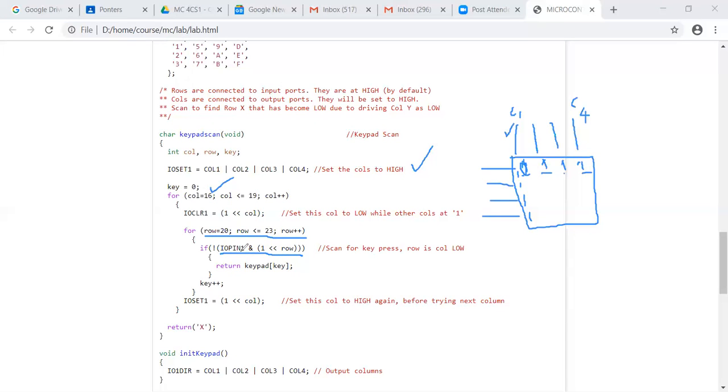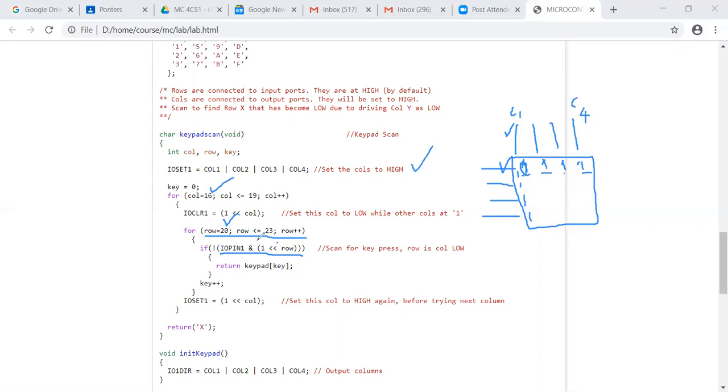IO pin is a register, a 32 pin register. There are lots of bits, and we are selecting a particular bit corresponding to the row, let's say 20, and checking whether the 20th bit in the IO pin 1 register is 1.